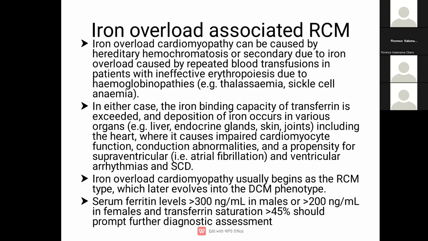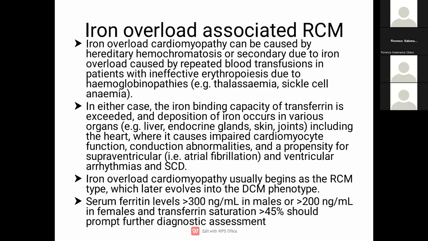Now, iron overload associated restrictive cardiomyopathy. We can have an iron overload cardiomyopathy caused by hereditary hemochromatosis, or secondary to iron overload, either from repeated blood transfusion or in patients with ineffective erythropoiesis, like hemoglobinopathies, thalassemia, and sickle cell anemia. In either of them, the iron binding capacity of transferrin is very high, which makes iron deposit in various organs, like the liver, the endocrine organs, the skin, joints, including the heart. And so when there's iron overload restrictive cardiomyopathy, there could be conduction abnormalities, and there's increased risk